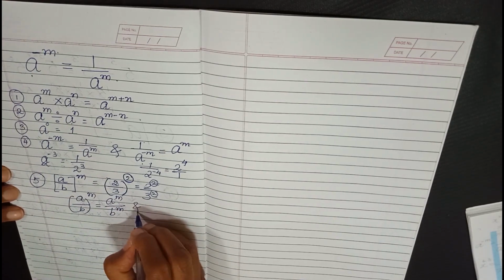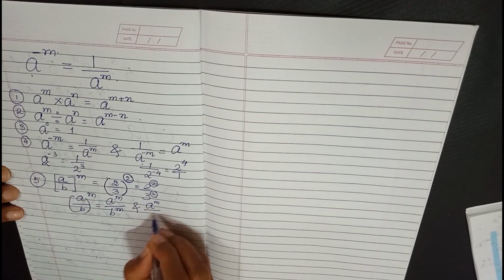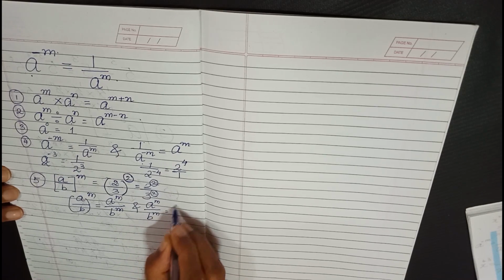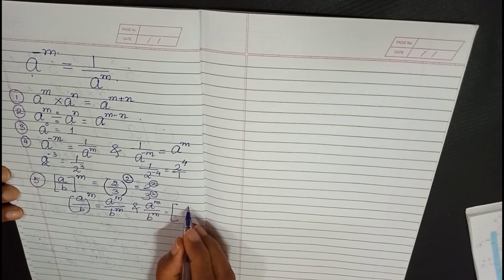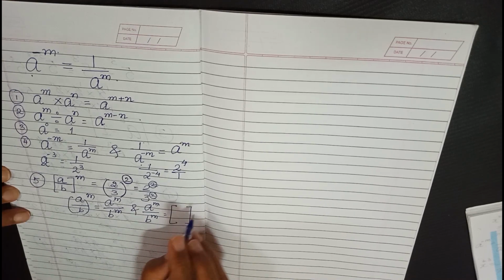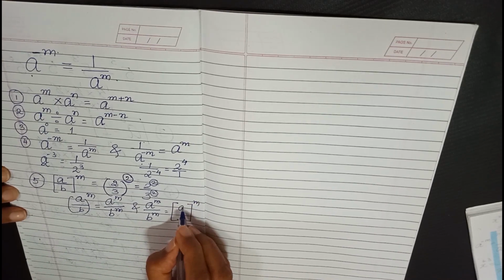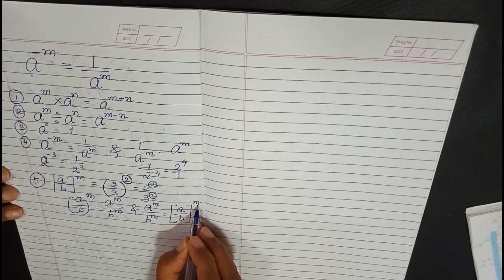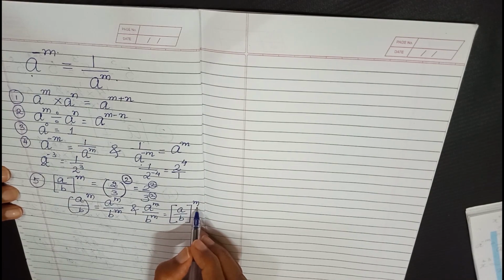Or it is true the other way also, that is if you have a upon m and b upon m, you can see m is the same number. Here we are talking about the power being same. The base is different but the power is same. Then only you can remove it outside, right?